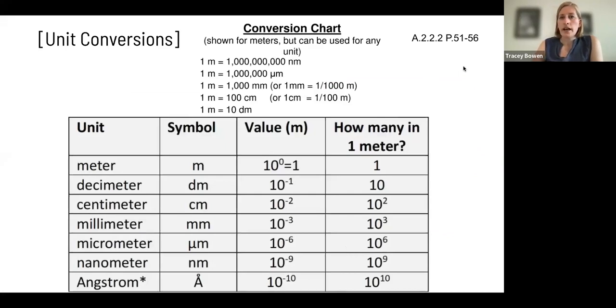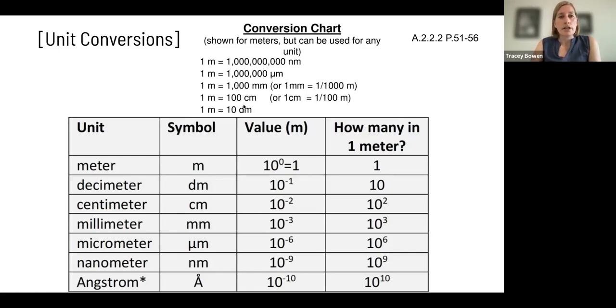When we are looking at measuring cells, we do have to be comfortable with unit conversions. And so what we need to be thinking about here is, if our standard is 1 meter, how many decimeters, centimeters, millimeters, micrometers, and nanometers are in a meter? Or vice versa, 1 nanometer is how many meters? So in the case of cells, you're usually going to be looking at converting from centimeters to micrometers or centimeters to nanometers,